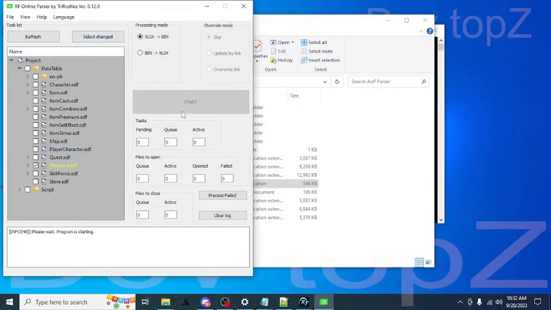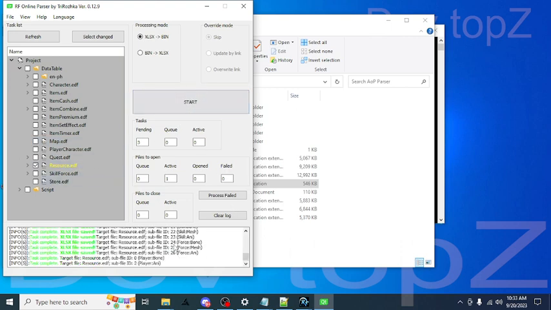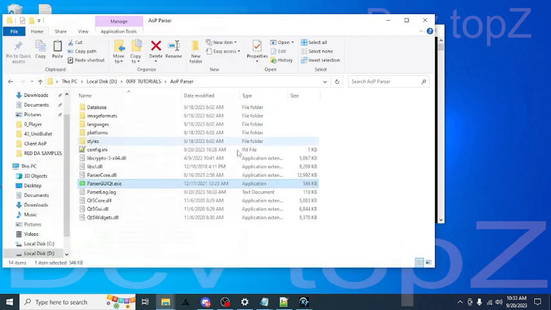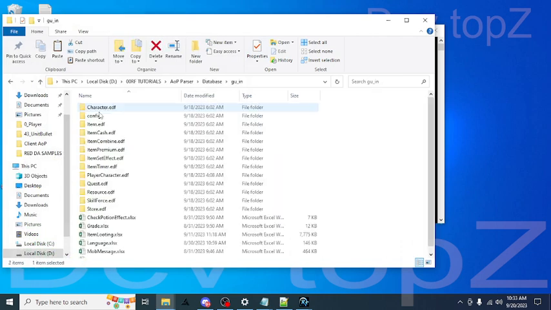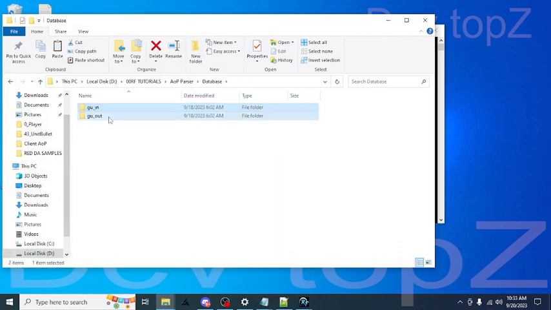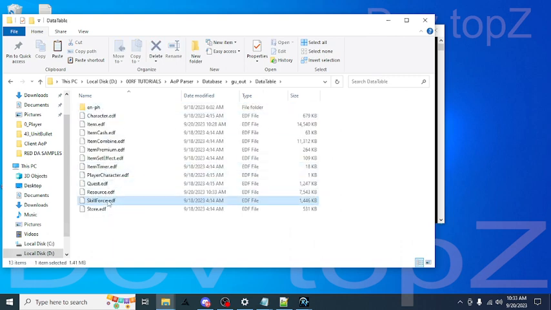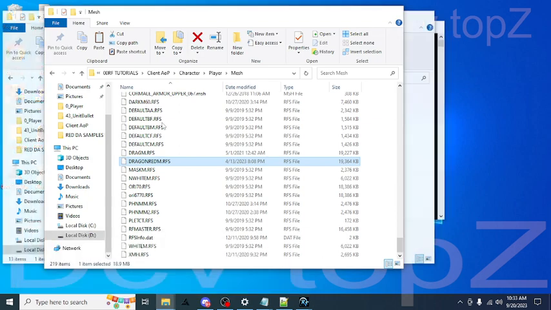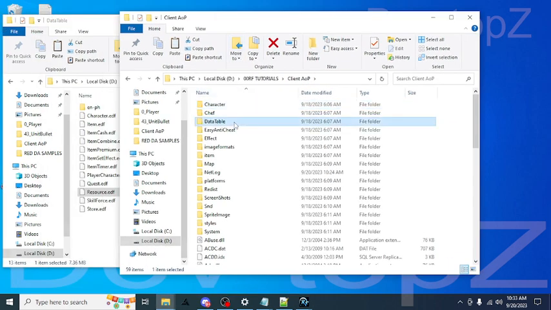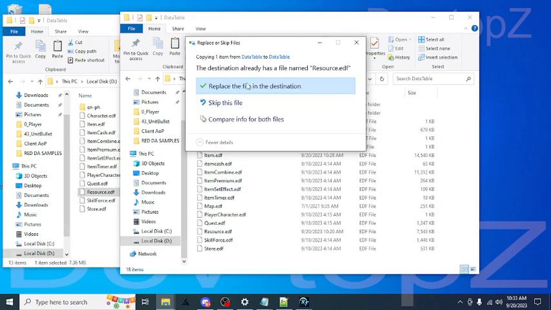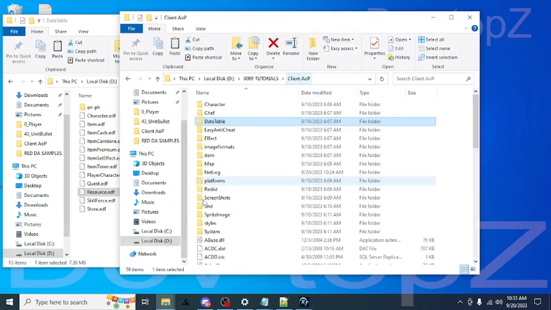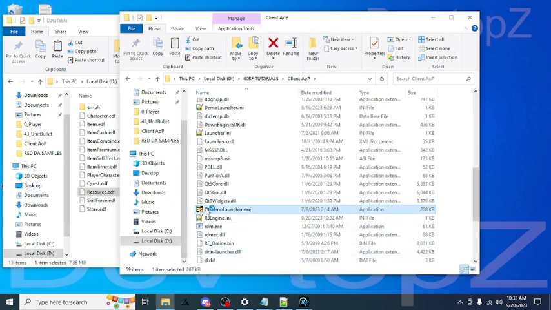Select changes, and select the resource because we changed the resource.edf. And then close again because it's already saved. Out, and then copy the resource files, put it on the client data table, overwrite or replace, open again the client and check